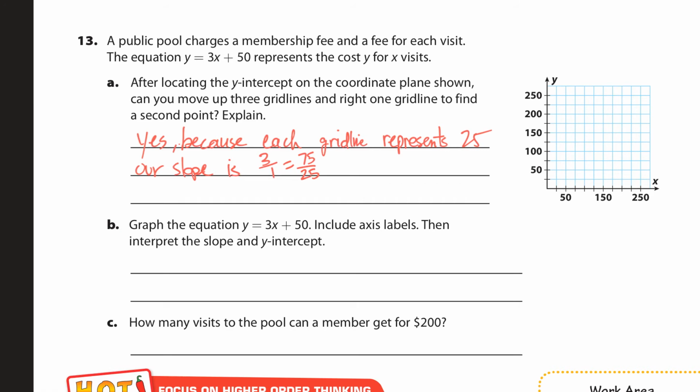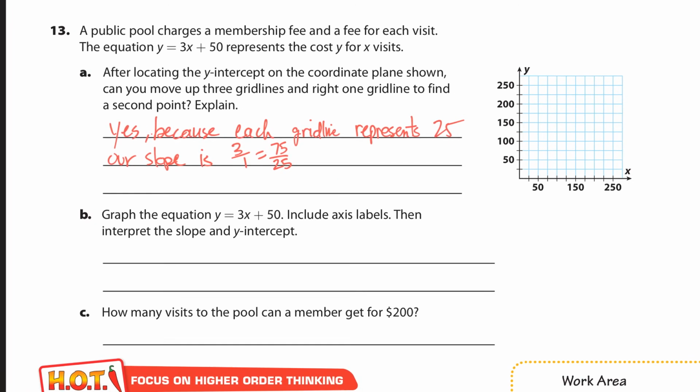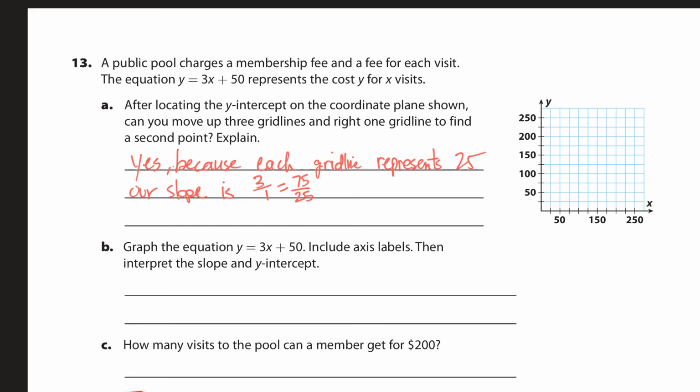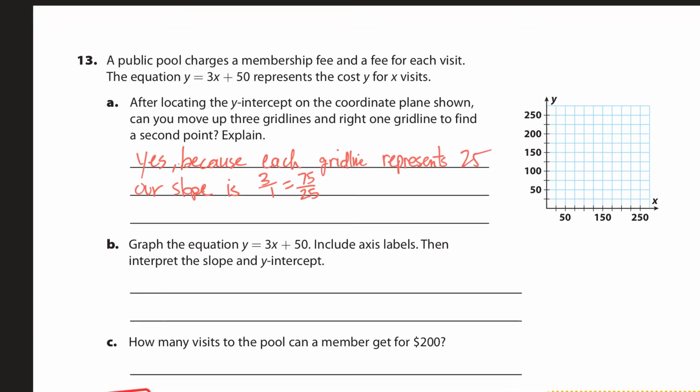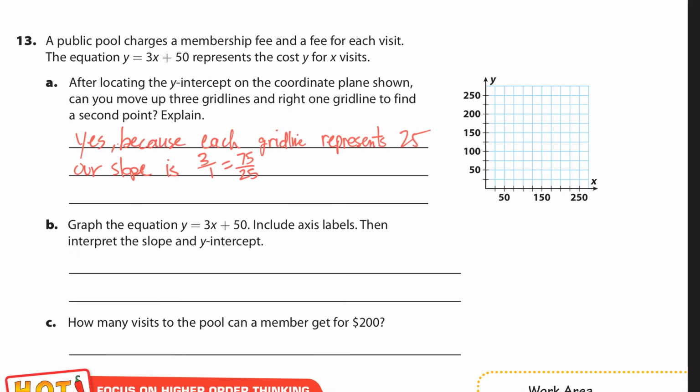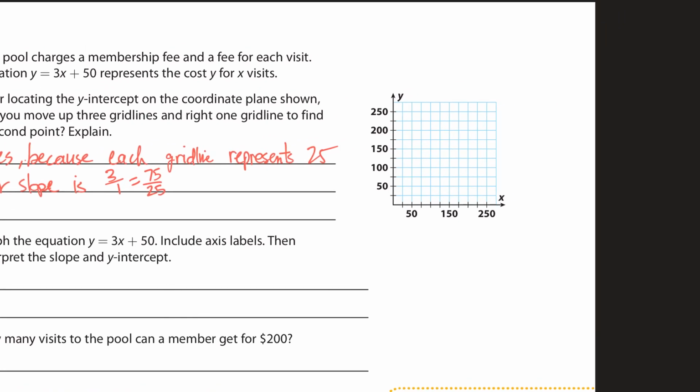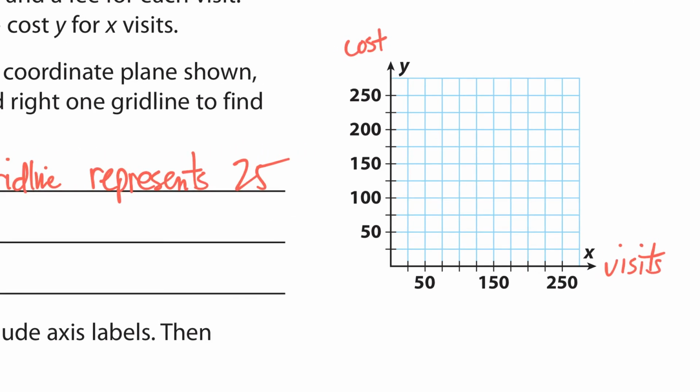Graph the equation. Okay, I'll do that. Include axis labels. Okay, so they want labels: visits and cost. So we start at 50, and I'm going to zoom in more here. We start at 50,